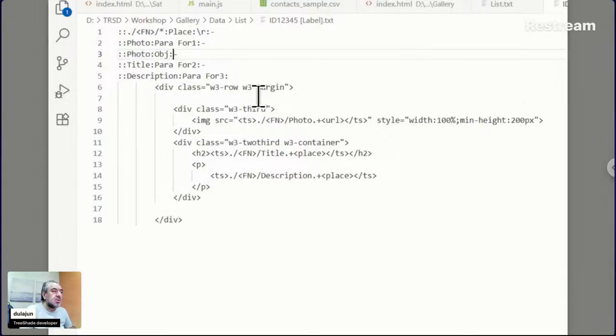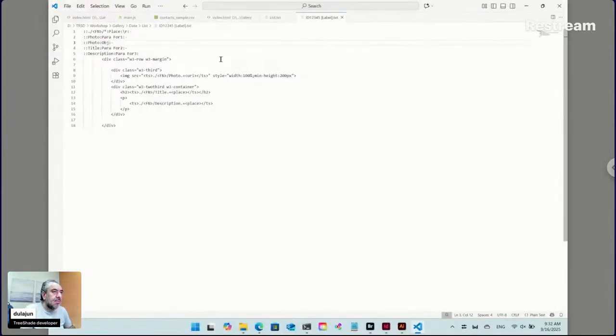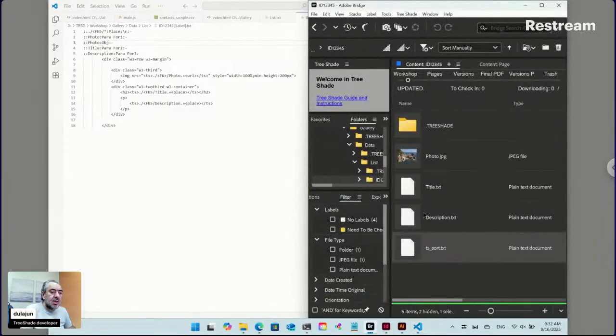No need to determine the number of the order of the object because we have only one photo placed. But if you have many photos, you can determine any photo you want by writing 1 or 2. Okay, let's save this paired file, and